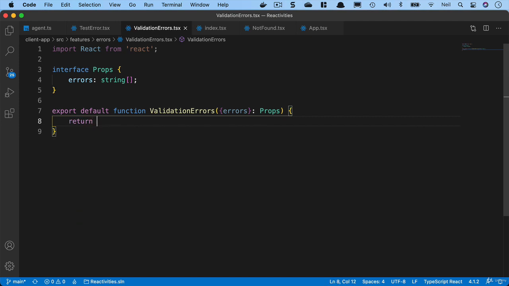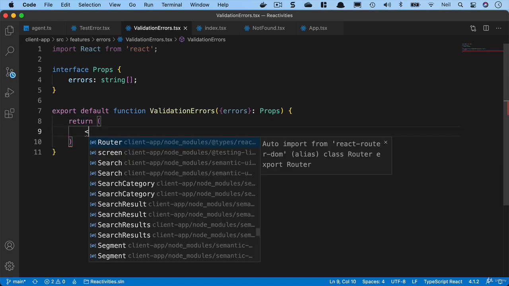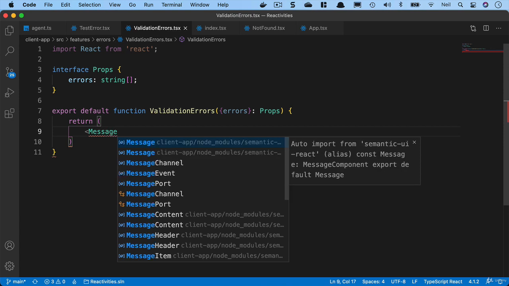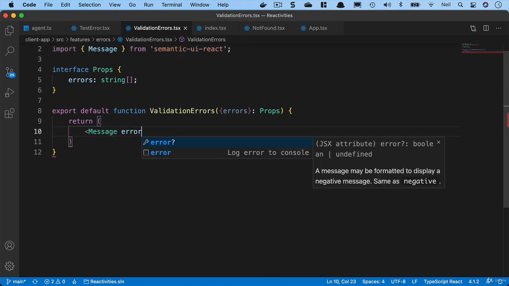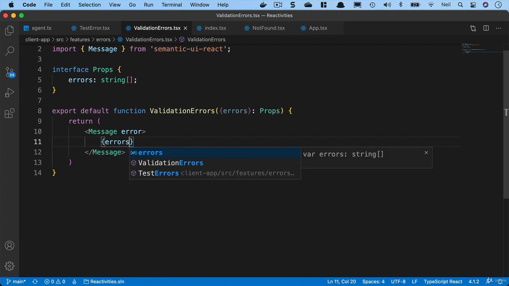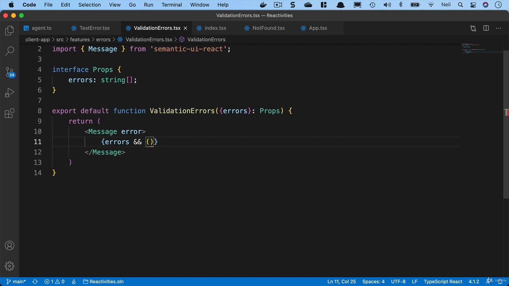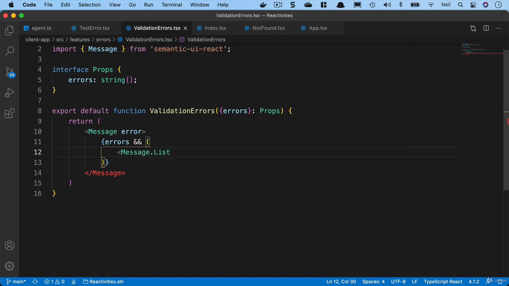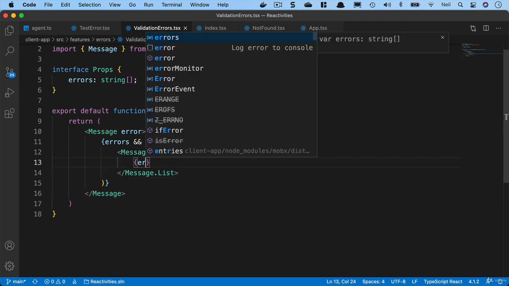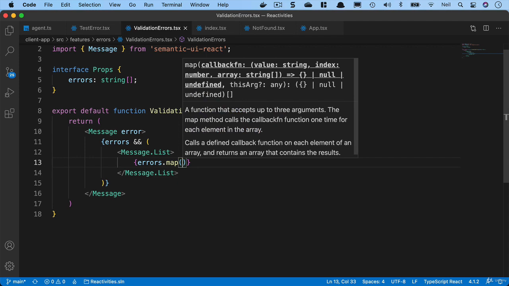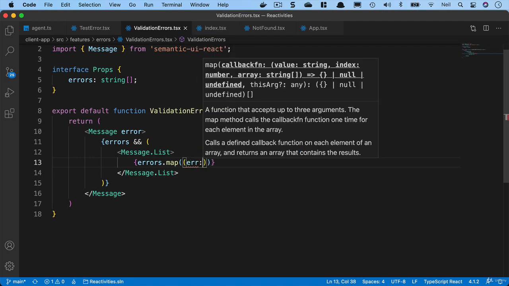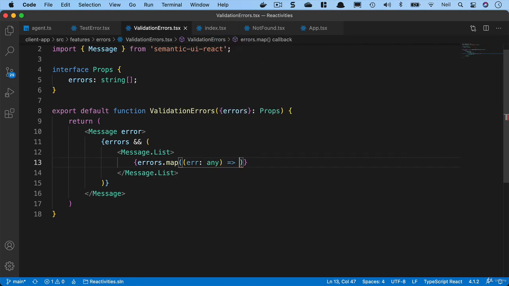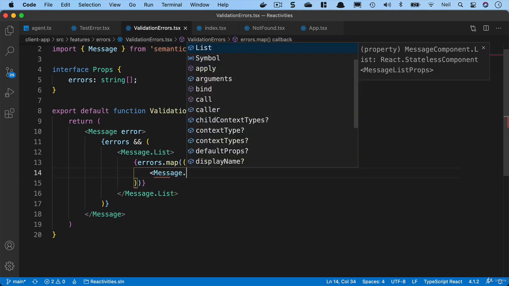So what we'll return in this case is we'll use the message component from Semantic UI and give it the type of error. And then we'll check to see if we've got some errors. So we'll say errors, double ampersand, and open parentheses, and then we'll use message.list, and then we'll loop over our errors. So we'll say errors.map, and we'll say err, and we'll just use type of any here. And then we'll open parentheses again, and we'll say message.item,